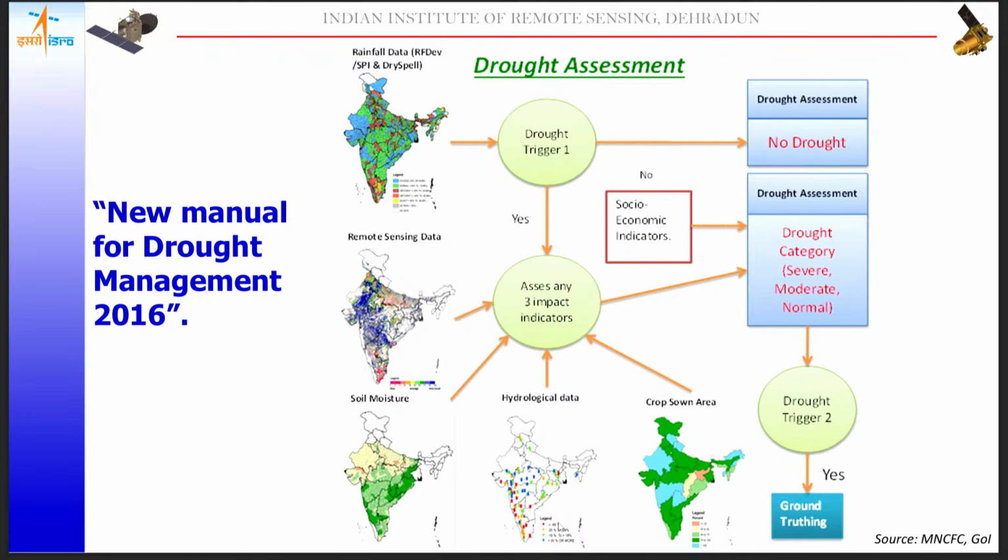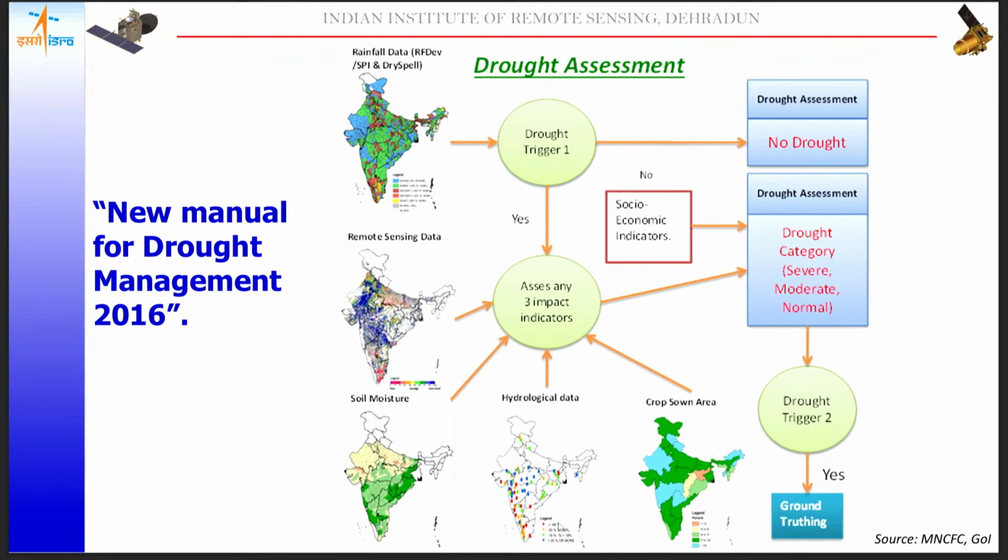In 2019, they also made one amendment in the same drought manual, because until then they assessed only the Kharif season, the monsoon season, as the drought season, and practiced the drought assessment only for that. But after the 2019 amendment, as per the scientific and technical understanding, the residual moisture in the soil, which is there because of the monsoon in the Kharif season, is ultimately utilized in a substantial area of India for Rabi season crop cultivation.